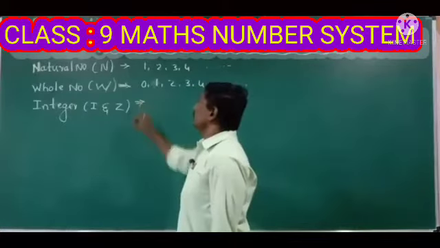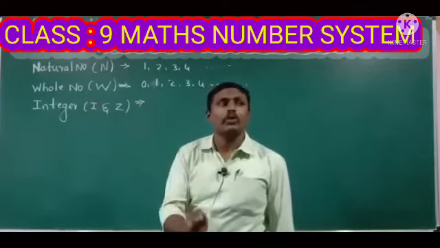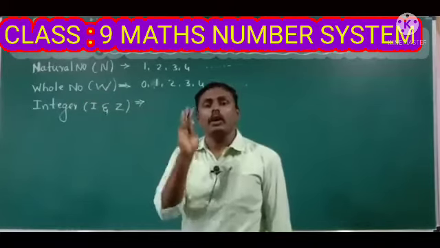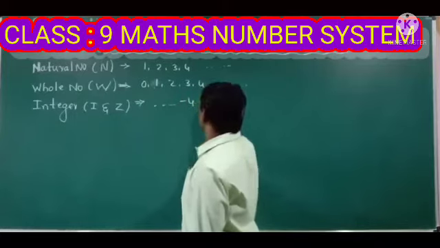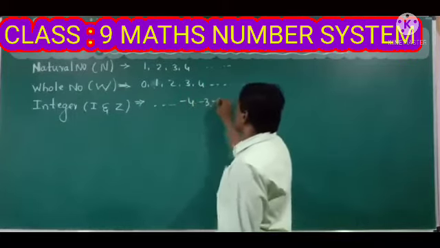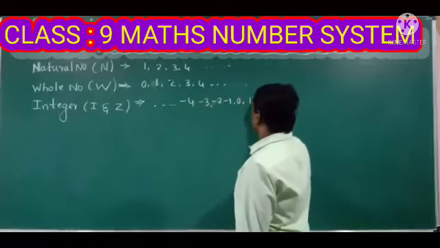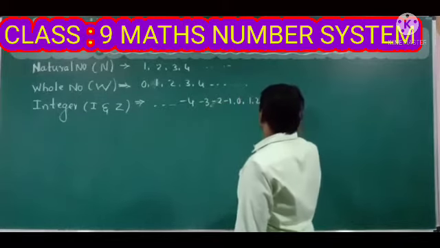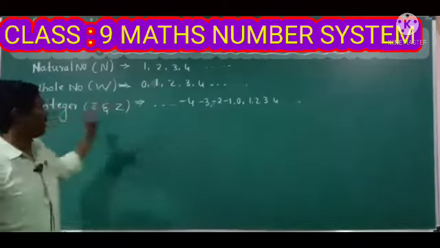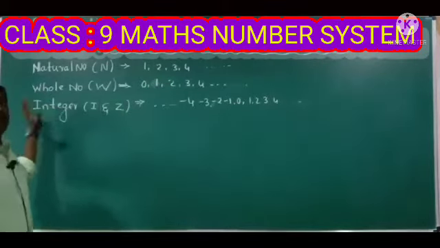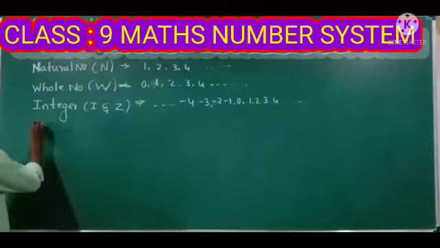Okay. So integers means the numbers which include both positive and negative along with zero. Means -4, -3, -2, -1, 0, 1, 2, 3, 4 and so on. So these are some numbers belonging to the set of integers. Okay, next one,